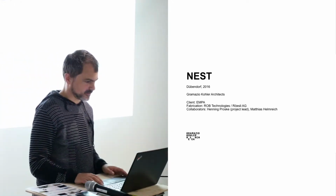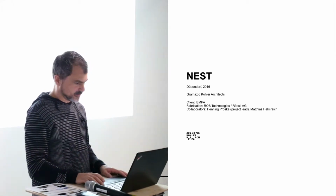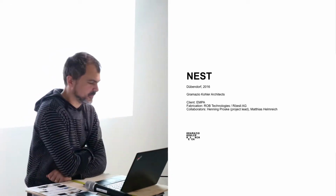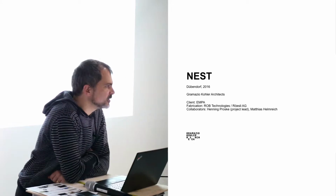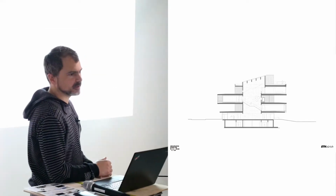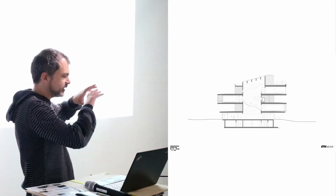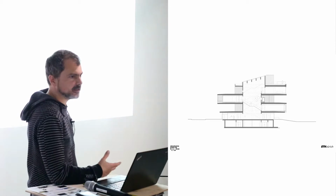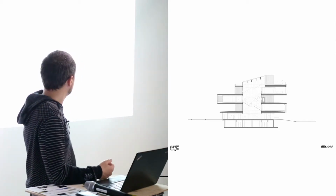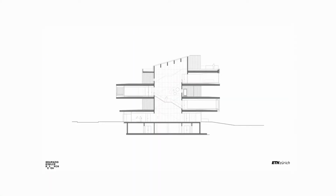The next project is very recent. It's the last project we worked on. It's Nest. Nest is a lab in Dübendorf. It's basically an infrastructure to allow for the building of temporary units that are placed, you see here in the section, on cantilevering slabs, like in a shelf, and are, as I said, temporary and sort of low risk